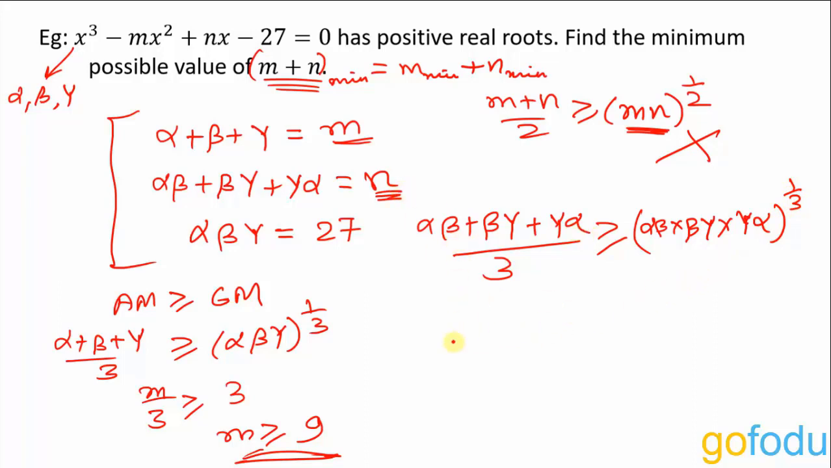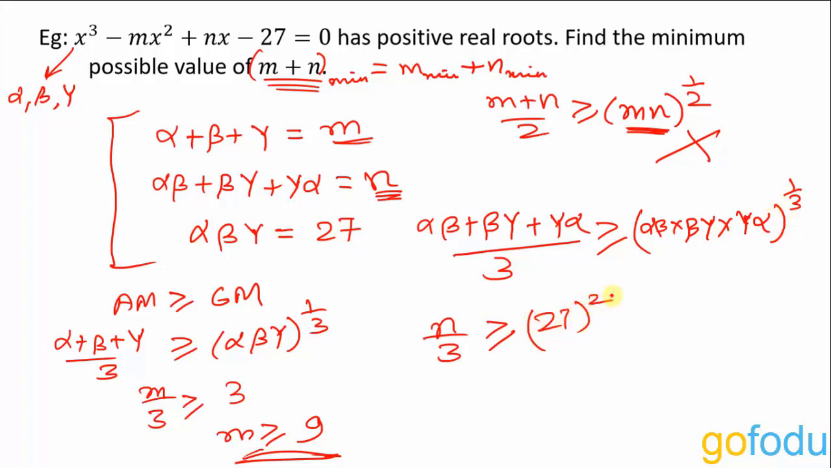This sum is what? n. So, n upon 3 is greater than or equal to, I have alpha multiplied by itself 2 times, beta 2 times and gamma 2 times. So, this is nothing but alpha square into beta square into gamma square, that is (alpha beta gamma) whole square. Alpha beta gamma is 27, whole square